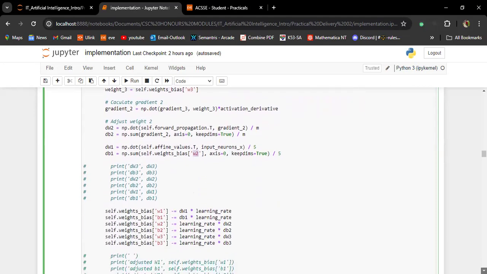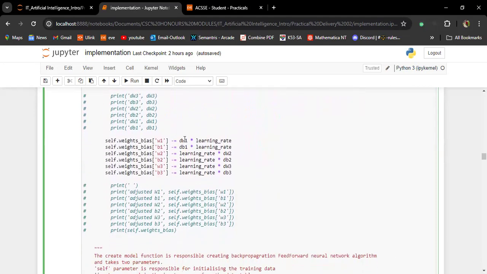For the adjusted values we have gotten, for each case, we multiply by the learning rate, then subtract. We store the results to the weights and biases, and that's how we adjust our weights and biases for all those edges that we've seen on our